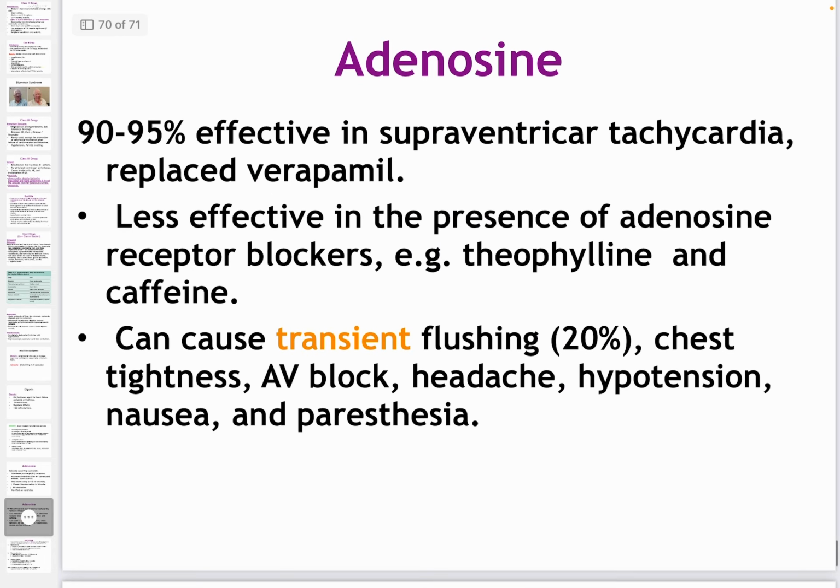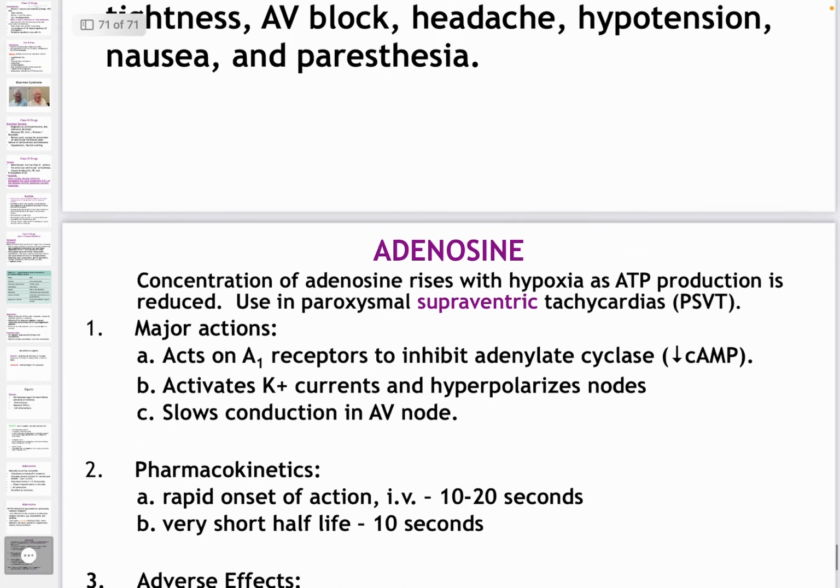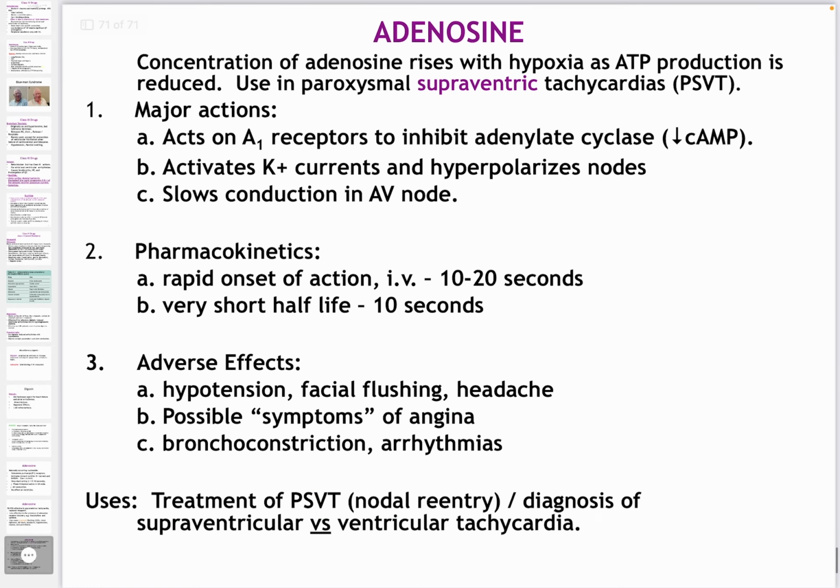Okay. So how does it work? It works on the adenosine receptor, inhibits adenylyl cyclase. We said it activates the potassium channel. And these are the adverse effects: hypotension, facial flushing, headache, and bronchoconstriction. It can sometimes cause symptoms of angina because it can cause slow conduction and AV block. We can discuss this more in the angina lecture, which is the coronary steal phenomenon. And we're going to